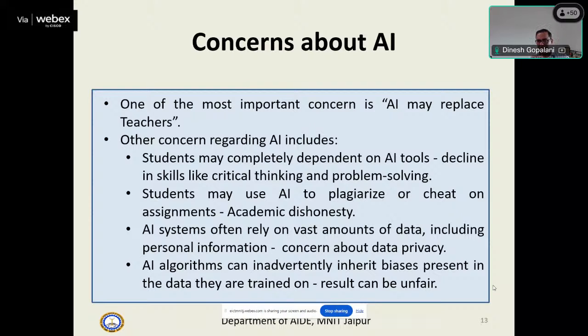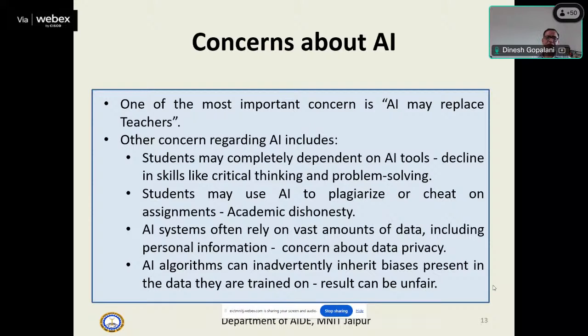after that, I will cover some of the concerns actually, because now AI is everywhere, and at times it is becoming scary also. Like people say that AI may replace everyone. Actually, the same applies to teachers also. So this is one of the important concerns, AI may replace teachers altogether. Okay, and other concerns are